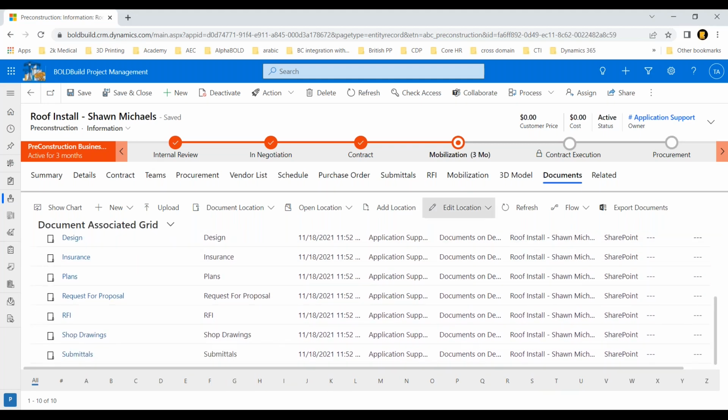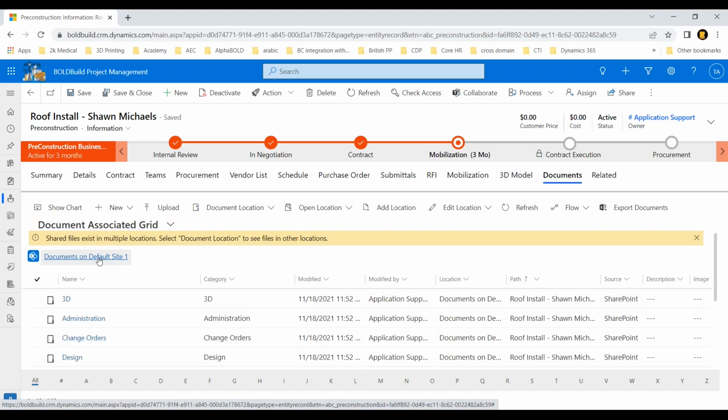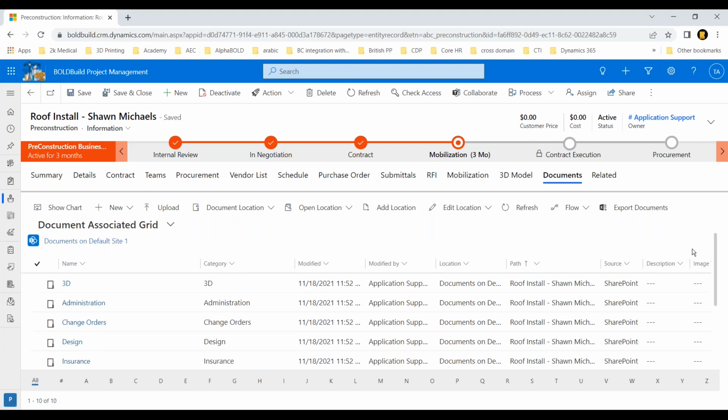If you are dealing with RFIs and submittals, the RFIs and submittals are automatically generated in the system and they live in the right folders as well. So each one of these is a folder. If you have shop drawings, or other additional information, all of that can stay in here. It's just a matter of clicking it, dragging and dropping it, or uploading it in here. And all of this is version controlled, so you can have changes to it. The advantage is, and it's a big pain point in the industry, you won't have 5 versions of the same document. You would have one consolidated place within BoldBuild where you're storing all of these documents. So it gives visibility for everybody into the project.